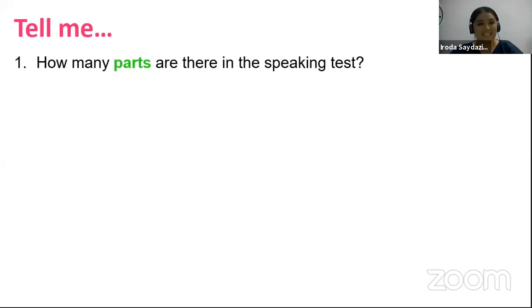Yes, indeed. There are 3 parts. Part 1, that's going to be the introductory part. It serves to warm up the whole situation, while the second part is an individual long turn where you're supposed to give a speech, right? You have a minute of time to prepare what you're going to say, and afterwards you'll have to speak from